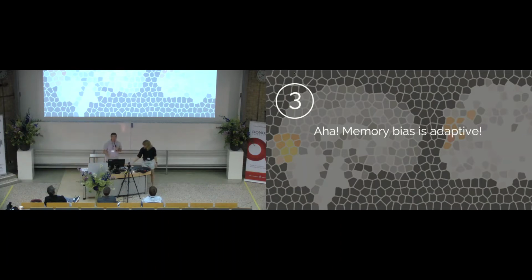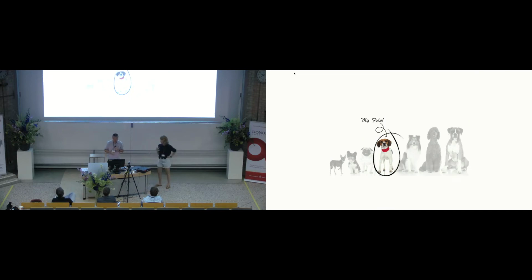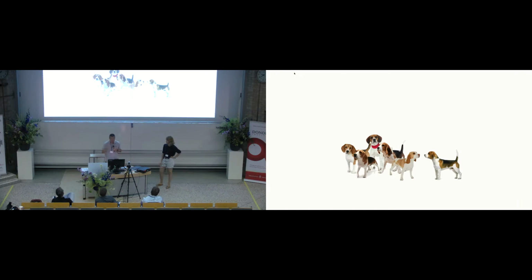So we are trying to see if memory is also biased by other items in mind as well, not just the context of the world or the things that happened in the past or in the future. Let's imagine that you're trying to remember these dogs. You might think that, because you're trying to remember so many similar dogs, your memory could get warped so that they become more similar in your memory. But let's imagine that one of the dogs is your dog, your favorite dog. What you want to do instead is not allow them to be more similar to each other, but push them apart and make a repulsion bias in your memory so that the memory can stand out. And that might especially be true if you're trying to remember a lot of even more similar dogs.